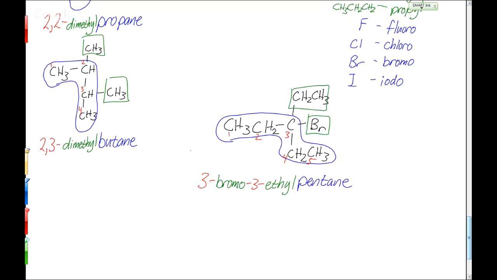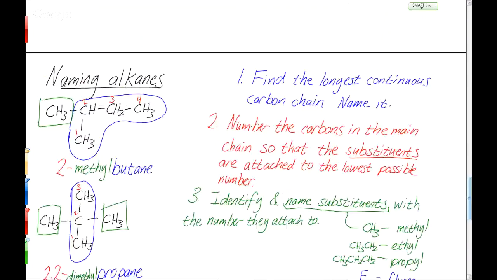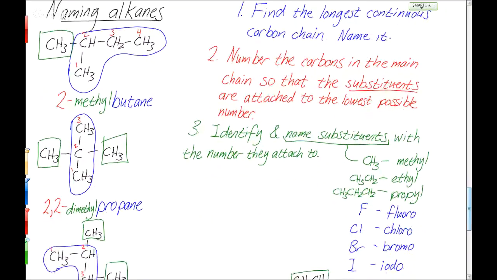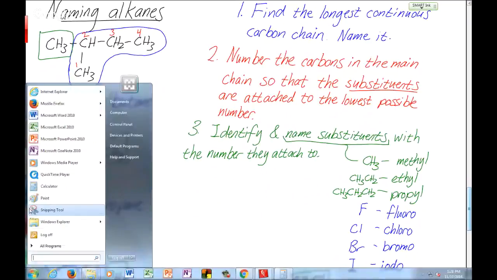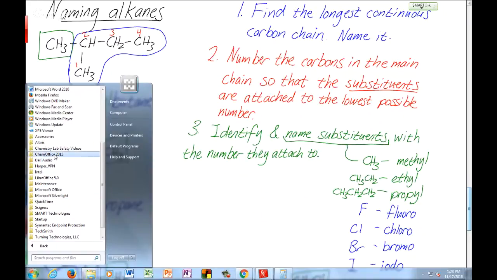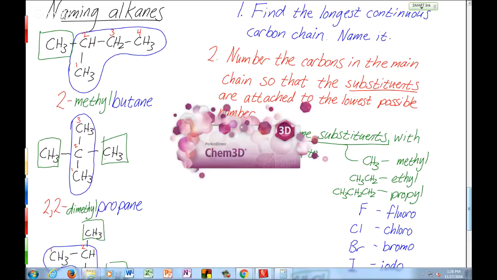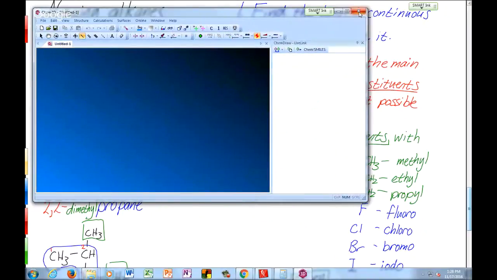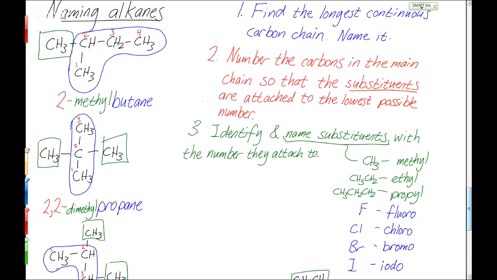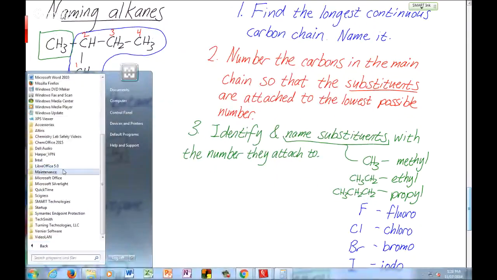The neat thing about this is because it's systematic, because it's a set of rules, any molecule that you can come up with, anything that you can draw, that you can look at, that you can make in the lab, you can come up with a name for. You don't have to just know some weird old name that's taken root for some reason. One thing that we use sometimes when we have really crazy structures, we used that 3D software the other day on Tuesday to model that shape. We can't do that here, so we have to do that in a different thing. There's another piece of that